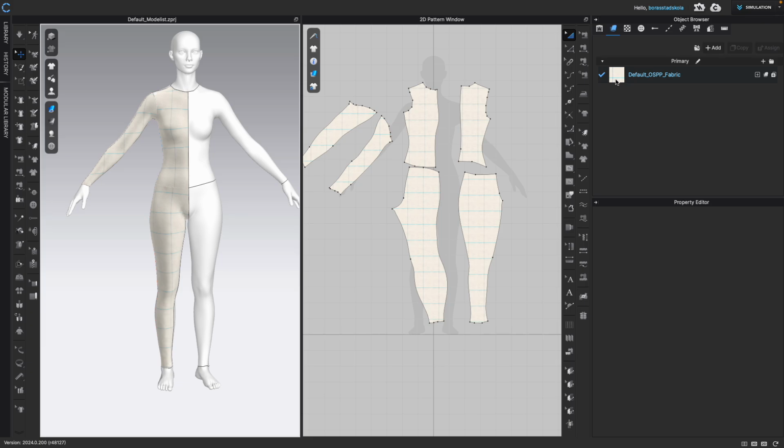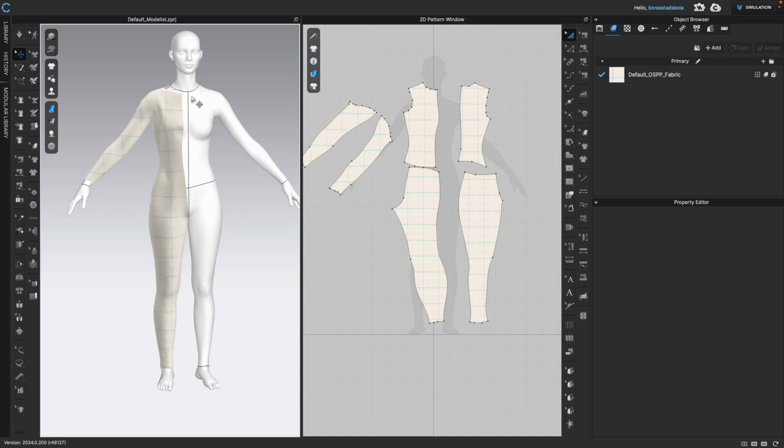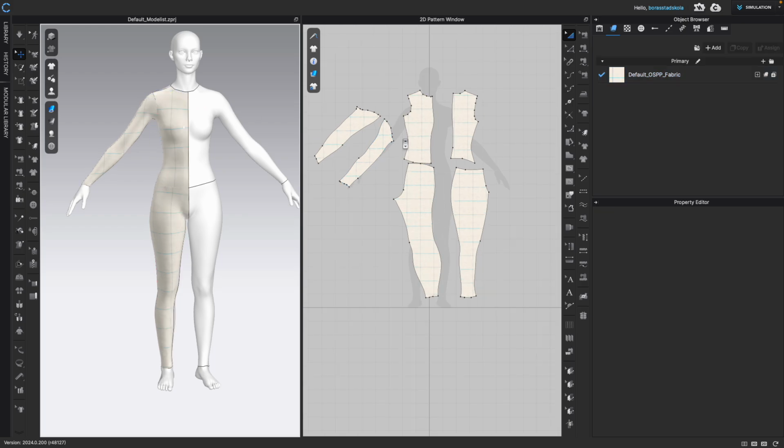And now if you extract all the pieces at the same time, they get automatically stitched together. And if I turn on simulation now, you see that it sort of falls off a bit like this. I go back here, and